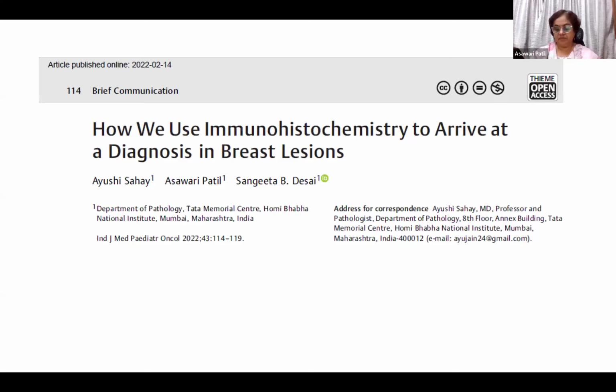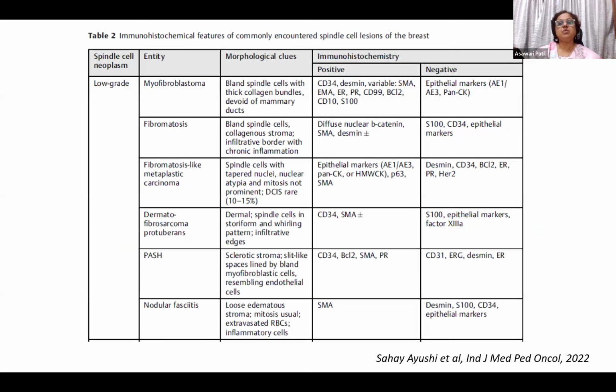And one of these papers has been published recently by Dr. Ayushi, my colleague. This is in 2022 in the Indian Journal of Medical and Paediatric Oncology, which can be helpful for your further reference. To summarize,